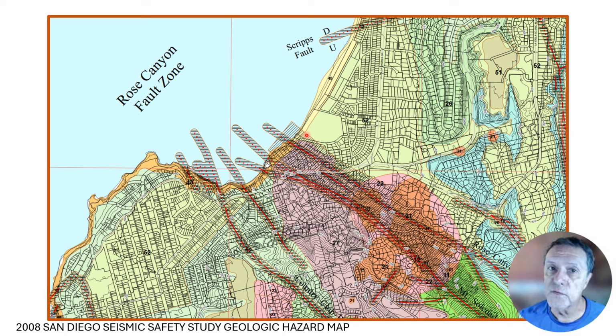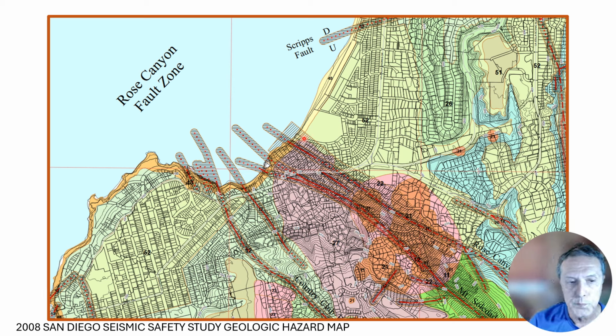You can build here if you dig on your property, put in a trench, and hire an engineering geologist and geotechnical engineers to see if there's any faults underneath your property. If there are, and if they're active, then you may not be able to build there, or you may have to have a construction setback, which means you can't build within 25, 50 feet from the actual fault